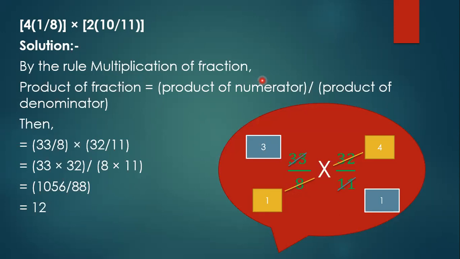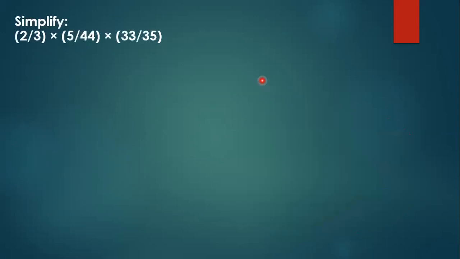And only one basic thing, that if you're cancelling out, you have to cancel the numbers in the numerators with the denominators. You cannot cancel the numbers that are both in the denominators or both in the numerators. That's it. Nothing more needs to be done. And trust me, if you master this skill of cancelling, then your life is going to be very sorted, because in mathematics, many times in calculations, if you cancel out, your calculations will become really very simple.